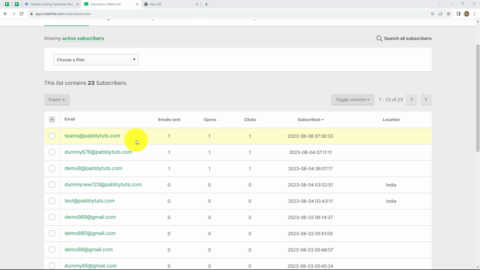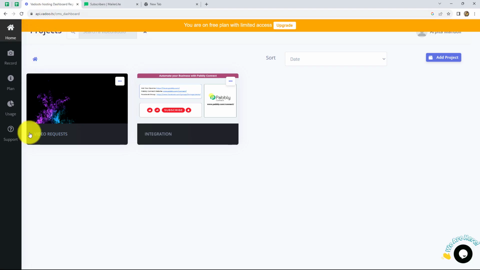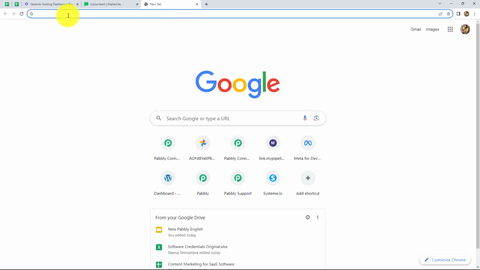So in this video, we are going to learn how we can create MailerLite subscribers automatically by using the details we have received from a lead in Vadu TV. Okay, so let's start learning this process step by step. First of all, to start the process, we have to come on a browser and then in the address bar, we have to search for